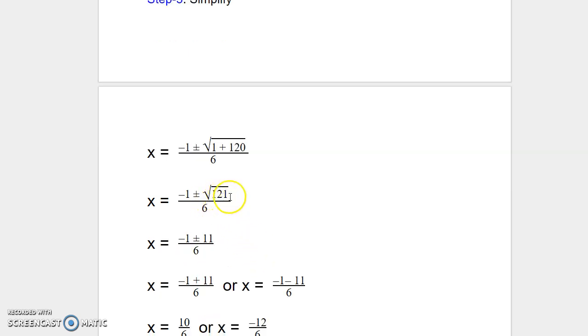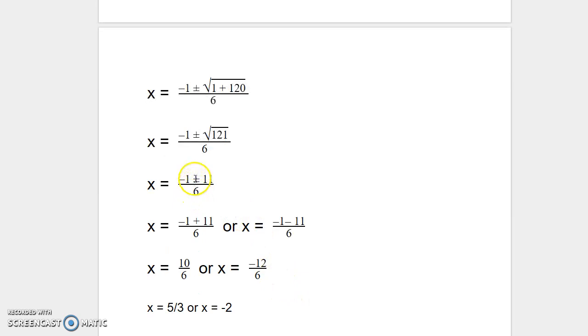The square root of 121 is 11. So we can write this as x equals negative 1 plus 11 over 6, or x equals negative 1 minus 11 over 6. So that's what this plus or minus means. So once we have done that, we're going to simplify it some more. Negative 1 plus 11 divided by 6 is 10 over 6. And then